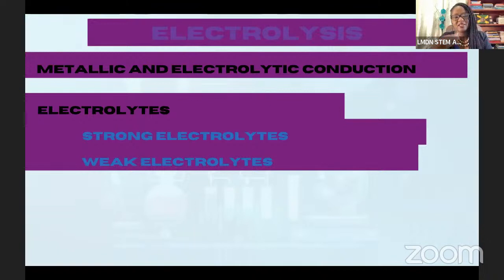And that's as a result of the application of what they call a potential difference or voltage, right? Which essentially translates to current. So it's coming from that physics concept of a potential difference, but don't worry about that too much. Just know that you have to apply that potential difference to your solution. So I have some water here, which we can touch on later, but water isn't really a strong electrolyte. It's a weak electrolyte. But when it's just in this cup, it's not going to conduct electricity. There needs to be a potential difference.